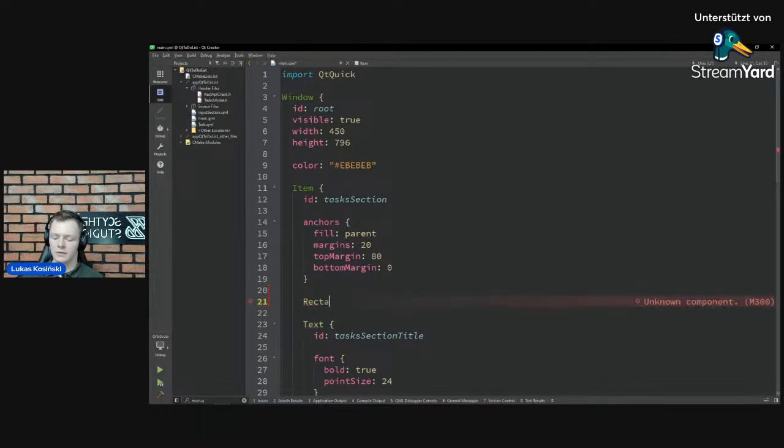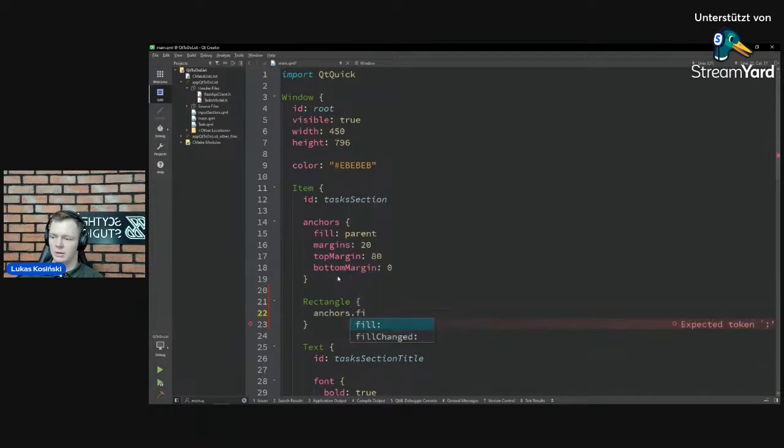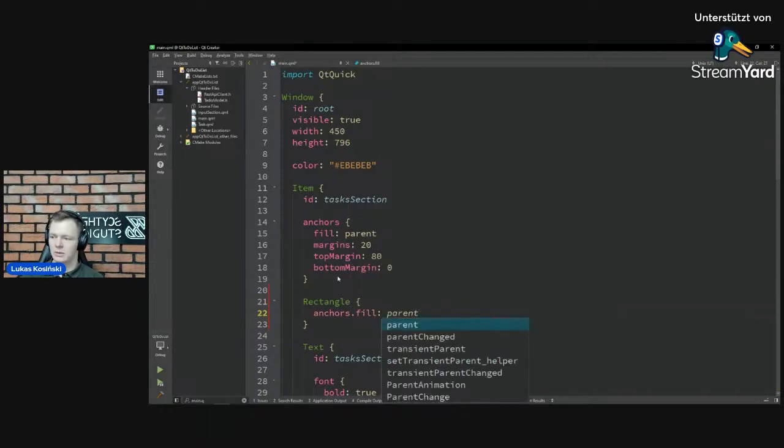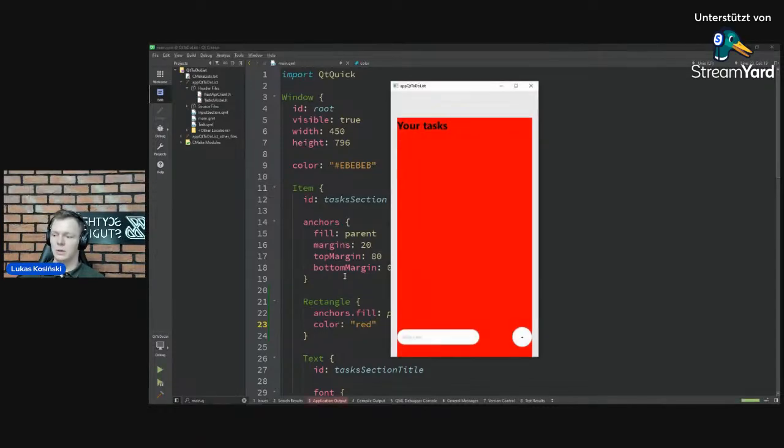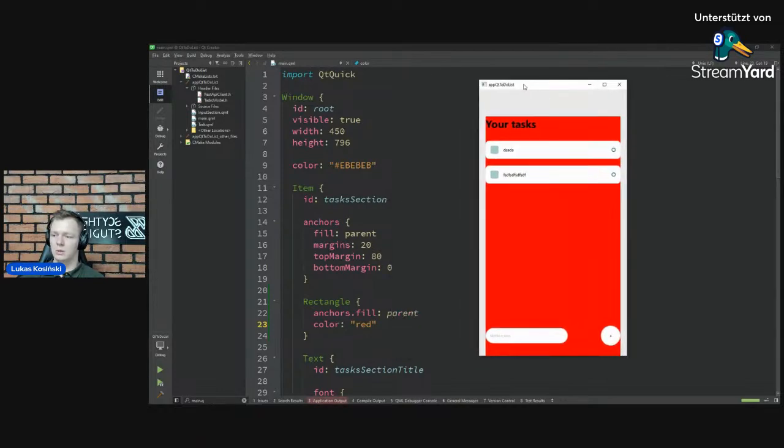It's not really visible, but you can put a rectangle here and make it fill the parent, so the task section. We can make it red, so then we will see how positioning in QML works. So the gray part here is the entire window, and the red one is the task section.